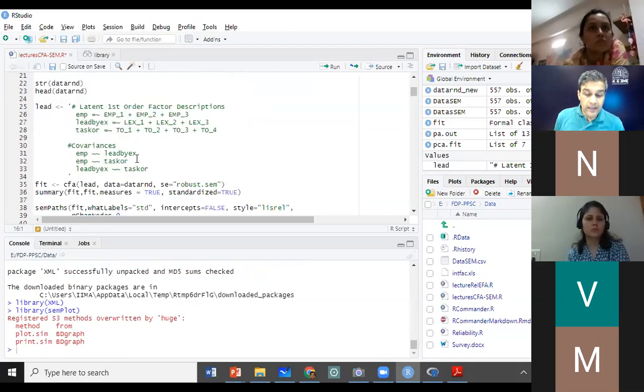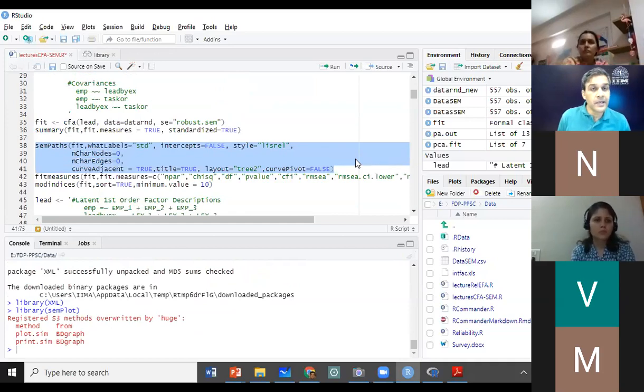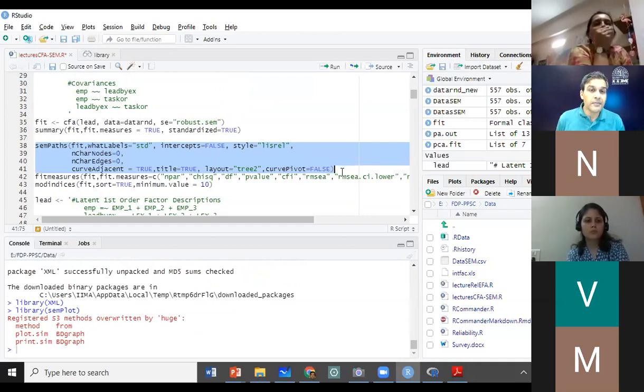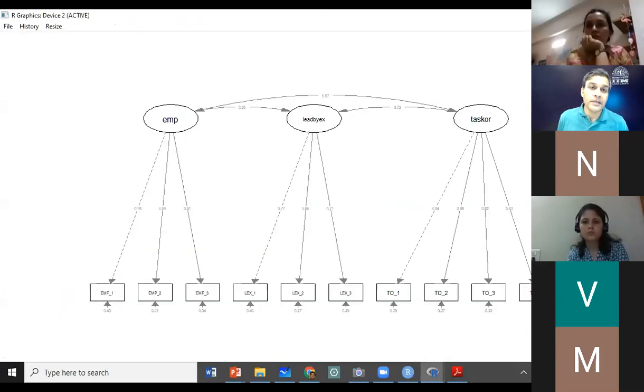After running my CFA, I select the complete command, SEM path, open till the end of this parenthesis, that is line number 38 to line number 41. If you click on this, you get a diagrammatic representation of our confirmatory factor analysis.